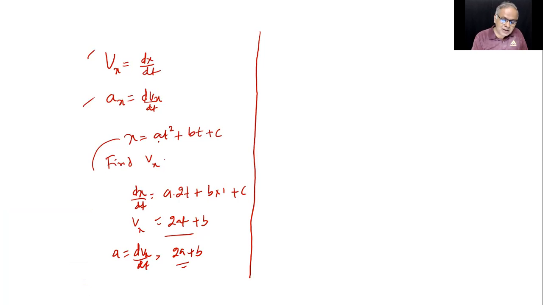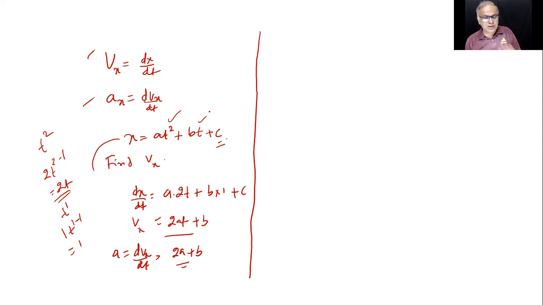So this a is something which multiplies. So this a will be as it is, t square derivative will write. T square derivative will be what? 2 into t to the power 2 minus 1. That's why we call it 2t. B will be multiplying this. So B will be as it is, but t to the power 1. 1 into t to the power 1 minus 1, which is 1. C is a constant. There's no derivative for that. Only variables will be differentiated. So this is how to find out instantaneous velocity, instantaneous acceleration.